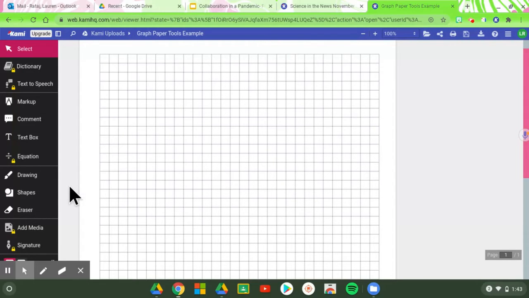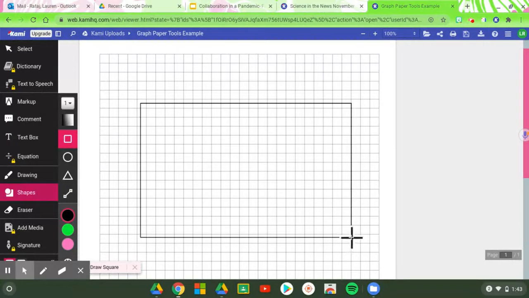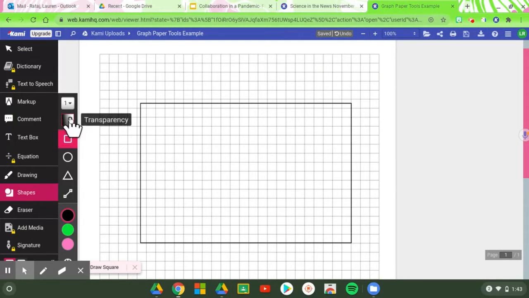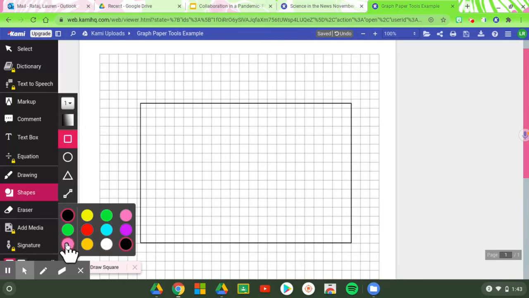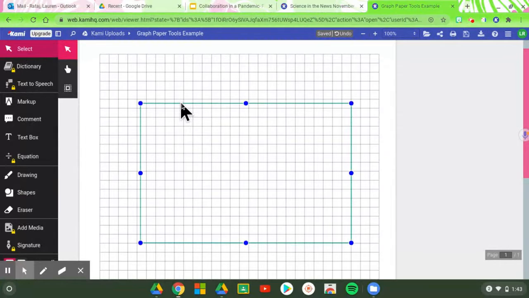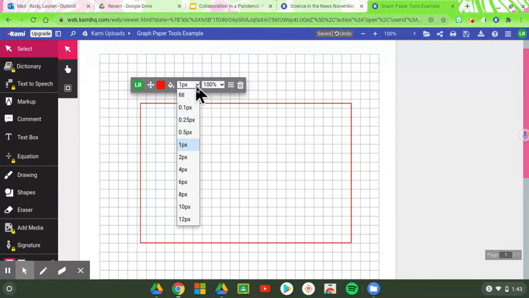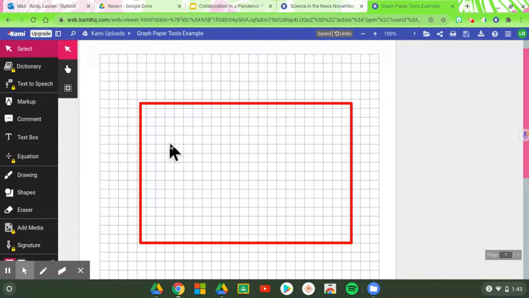So let's say students are on this together, and maybe first they just want to use shapes to start building a model of the playground. So maybe they just drag and drop and start making the playground. They can choose the color or the outline of the playground if they want. Oops, I've already done it, so I need to go back to my selector tool, also a very helpful tool. They can change the color after they've done it, as well as how thick it is. Maybe they really want it bigger,